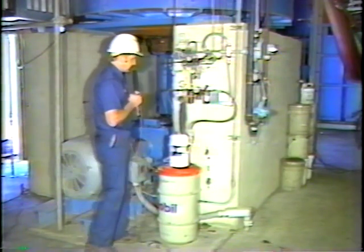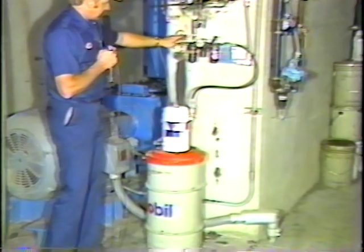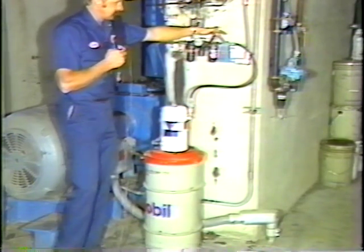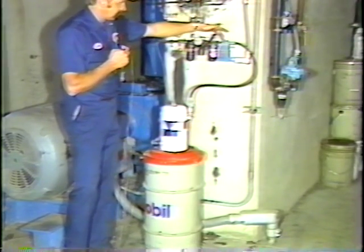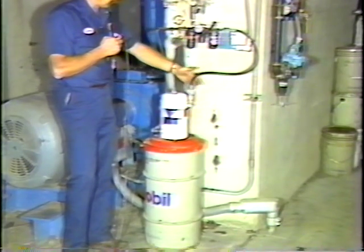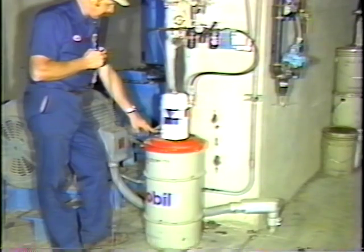This is our automatic lubrication unit. We have a pneumatically operated pump here. We get our air supply that's filtered, regulated, and then lubricated. The air goes through the solenoid valve, which can be manually operated, or usually it's operated through the computer. Once the solenoid valve is activated, the air comes all around and into the pump. Once the pump has been actuated, the grease flows from the bottom of the drum up